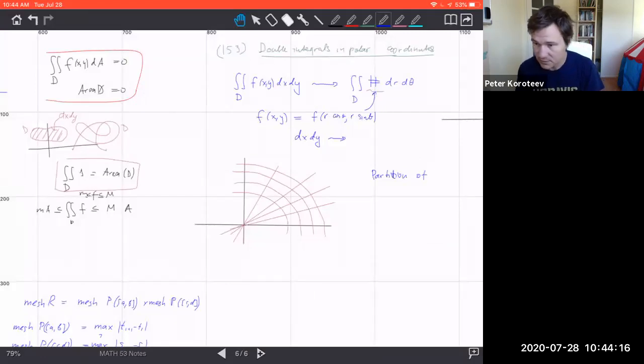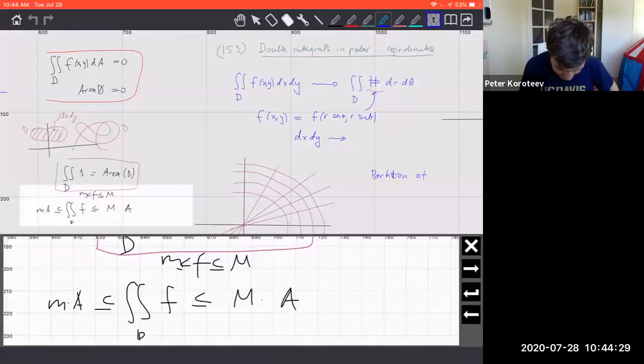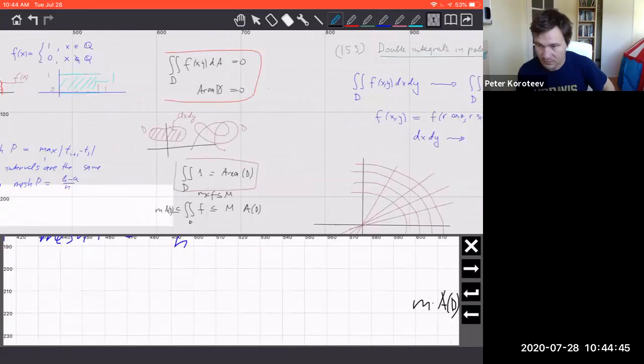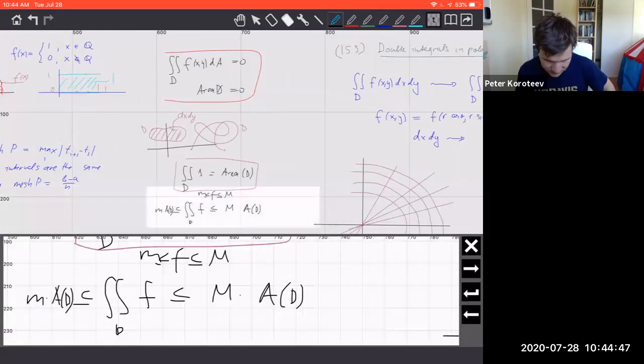So okay, wait a little, little m and big M, I spaced for a second. It will take me time to scroll back to the bottom of the page, but we had a lemma saying that if a function f is bounded between little m and big M, then the integral of the function f over D is bounded between big M times area of D and small m times area of D. Yeah, that was that.